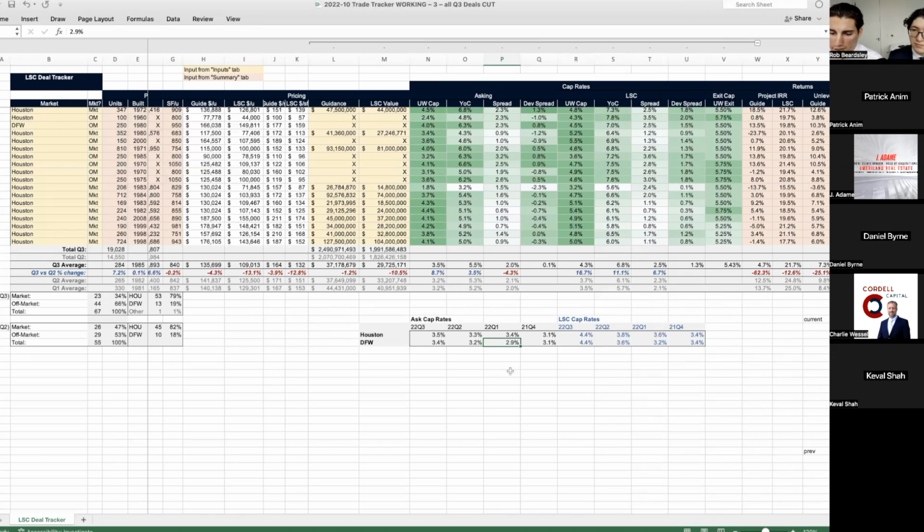So I think we're seeing that, but that doesn't mean DFW is all of a sudden on sale right now. It's still what, a 3.4 cap? Yeah, and a 3.4 cap today is not easy to transact at. You just need to find the value add, and it's always tough. But I think it's probably a transitional period, right? It will either become clear that